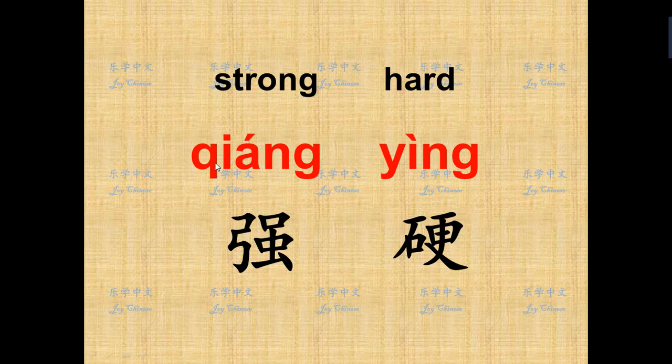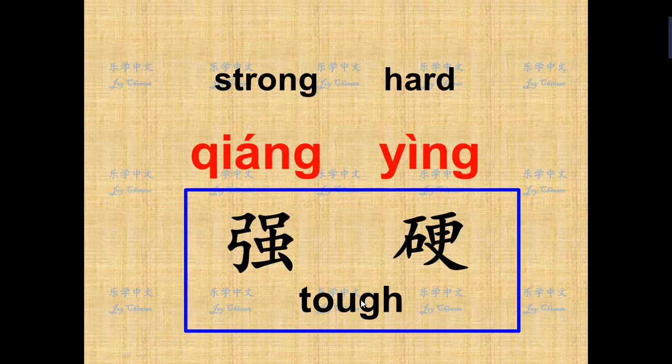In this slide is a combination of qi and iang with the second tone. Qiang, qiang means strong. The next one is a combination of yi and ing with the fourth tone. Ying, ying means hard. Qiang, ying. When you combine these 2 characters into a word, it means tough. Actually, it's strong and hard. Its emphasis means tough. Somebody is very tough. 强硬